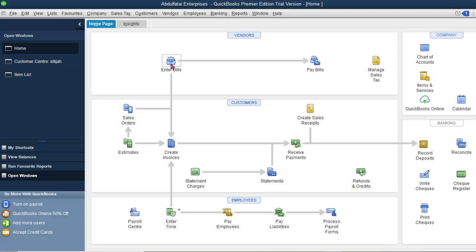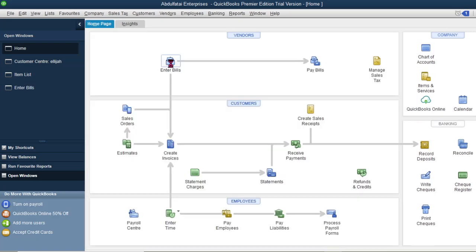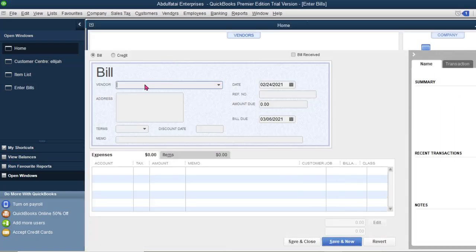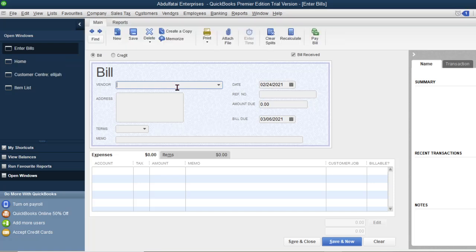So let's click on enter bill. Now mind you, we've not created any vendor for now, so we can easily create a new vendor. Even from this platform you can create a new vendor, but it will not be as detailed as creating from the vendor center. So let me use Obeta Cynthia